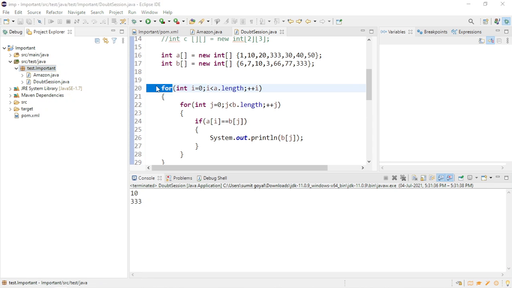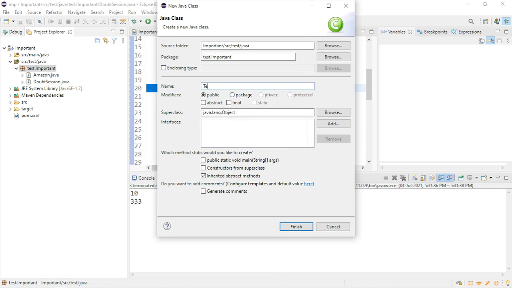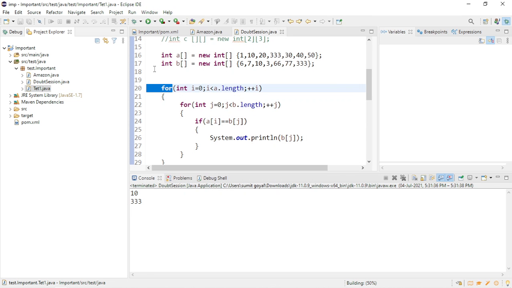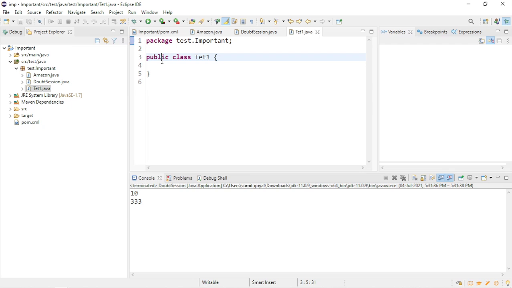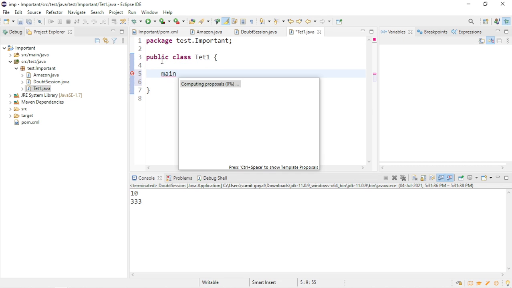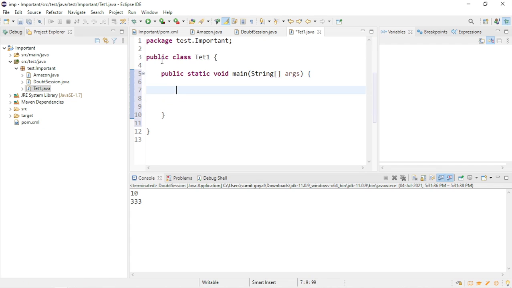If I open this class test1, here there is one main method. So in the assignment there is one question in arrays.